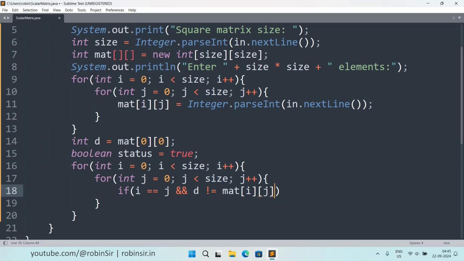So anywhere if I find that the rest of the elements are not the same as the first element in the left diagonal, this indicates that our matrix is not a scalar matrix. So in that case, I will